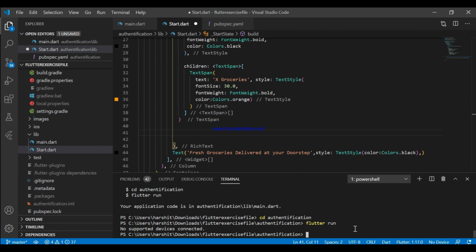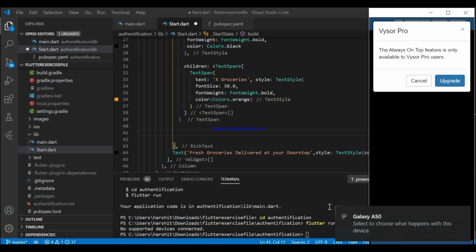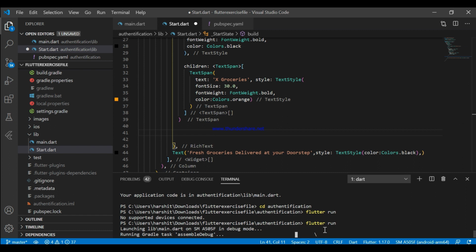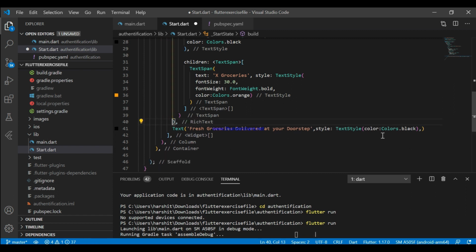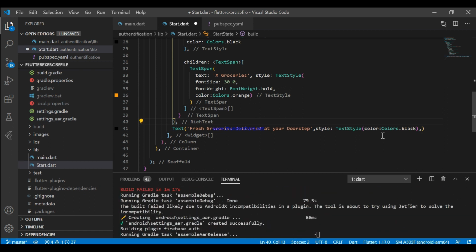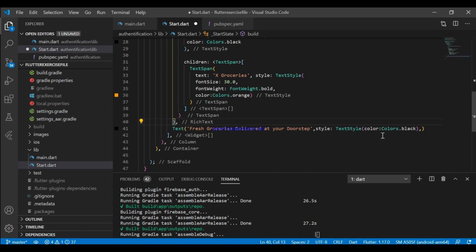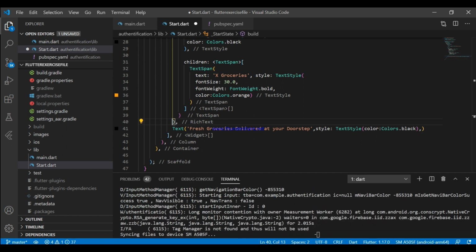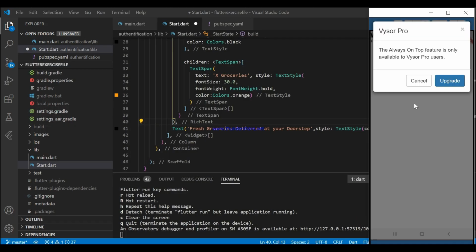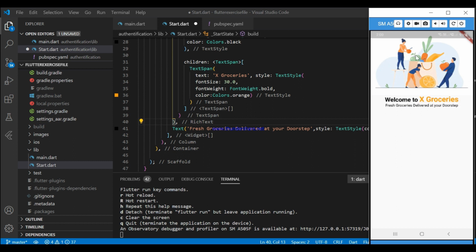I'm also fast forwarding this Flutter run process because it takes some time and I don't want to make this tutorial long, so sorry for that. Yeah, this is the app that we have built.